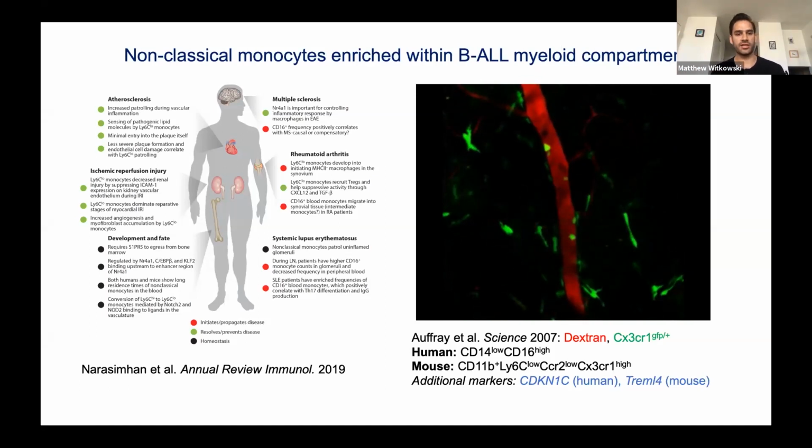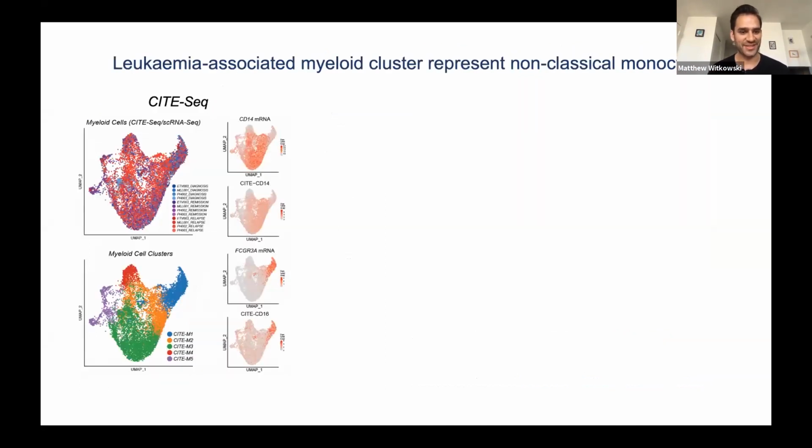We wanted to know. And first, we wanted to be sure that we were looking at non-classical monocytes, because this is all RNA-seq thus far. You need to verify these things. So we performed a technique called CITE-seq, which is basically matched single-cell RNA sequencing and surface protein characterization. And if we focus here on these 4 patients independent of our discovery cohort, if you look here at this blue population up here, these are expressing the mRNA for CD16, and we see with the CITE-seq protein-based antibody that we do get concordant